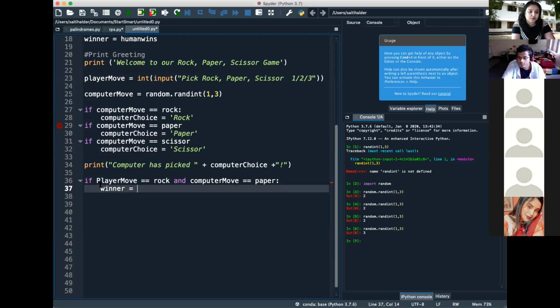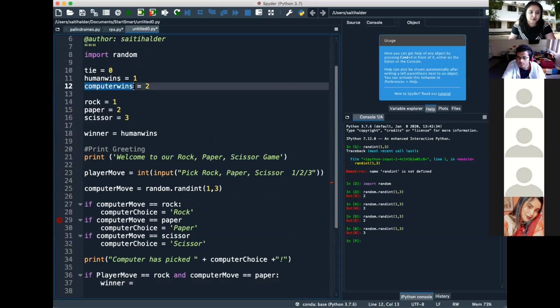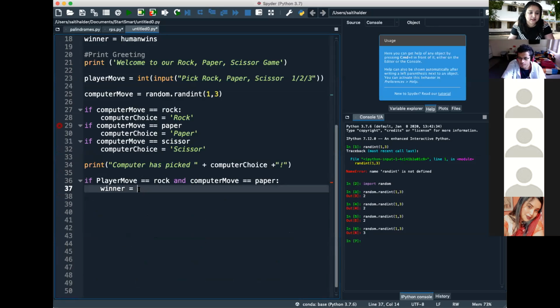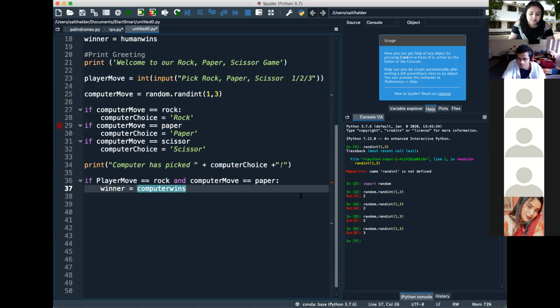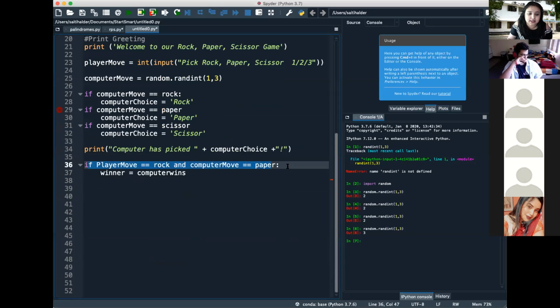All right, so the winner will be the computer, right? So here we have defined computer wins, so we are basically going to assign that here. We are updating the variable winner. Before, winner was human wins, now we are just updating it to computer wins. Okay, great. There are two more scenarios like this where the computer will win and we just need to update that, and say that otherwise, all other times,